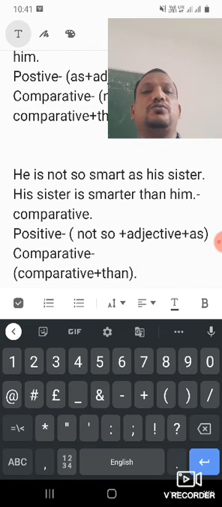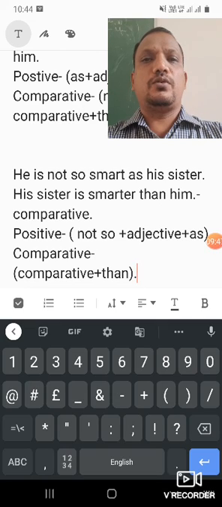But the only thing you have to remember is that when you compare two things or two persons, in the next degree you have to start the sentence with the last subject that appears in the given degree. In the positive degree, if there is a subject at the end of the sentence, that subject will come at the beginning of the sentence in the comparative degree. So like that you have to change the position of the two subjects when a degree is given for the conversion to another degree.